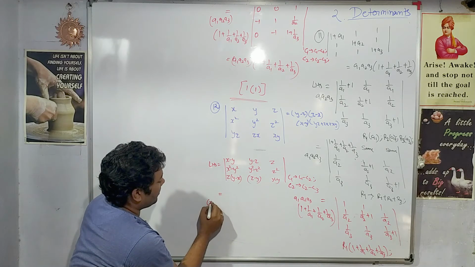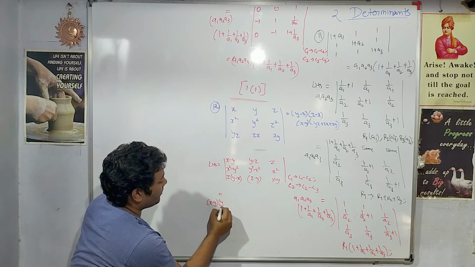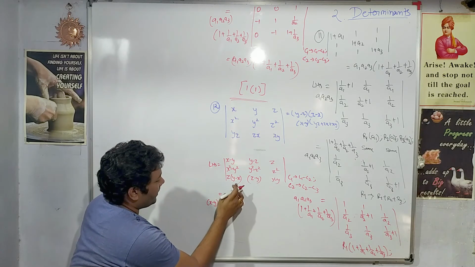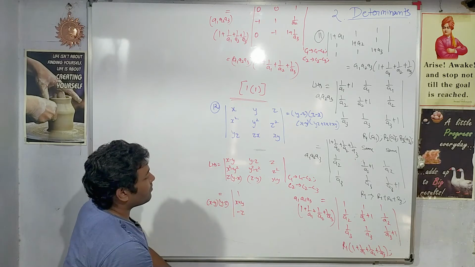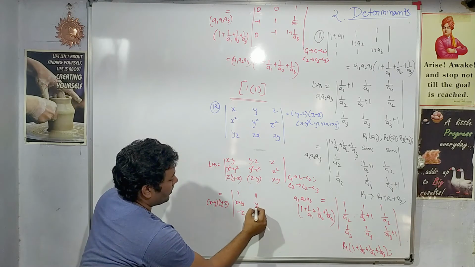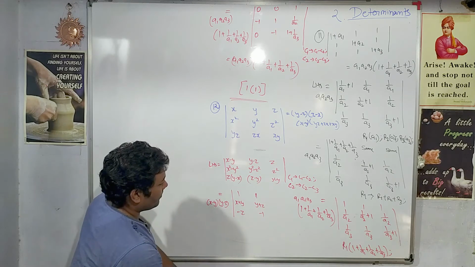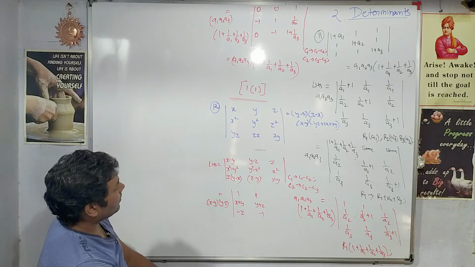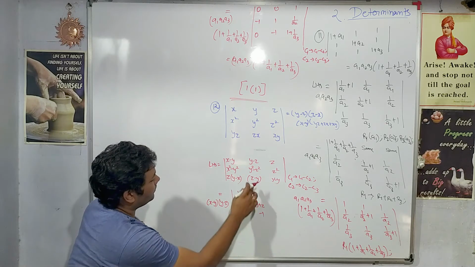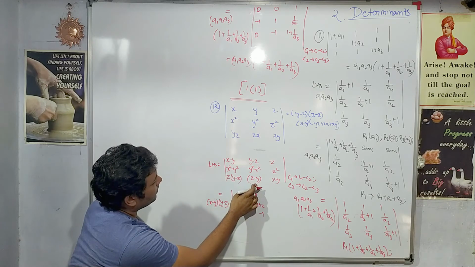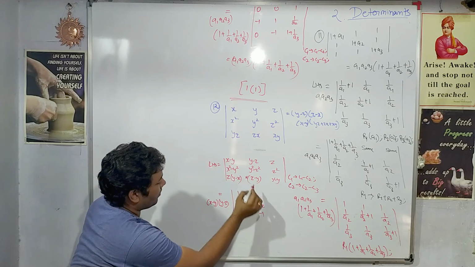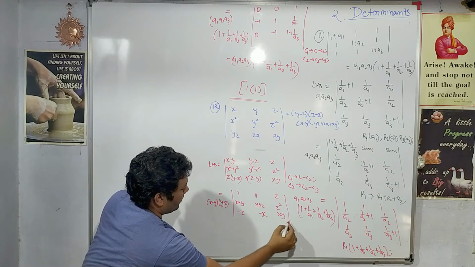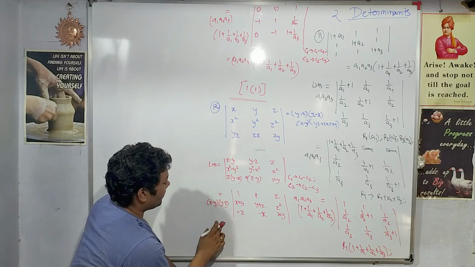From the first column you have x minus y common, from the second column you have y minus z common. So 1, here will remain x plus y, and x minus y is common, so here will remain minus z. Here 1, y plus z, and here minus 1. Correct? Yes, correct. Here some operation mistake: z minus y, so x will be common, so minus x will remain, z square, xy. Write down the operation. What operation have I done?